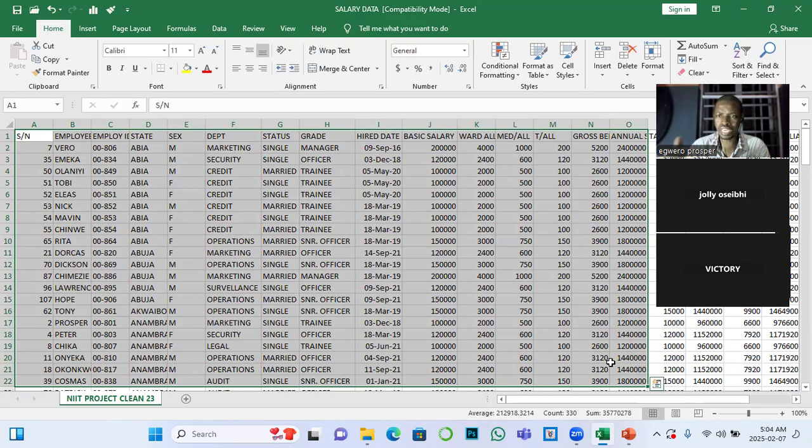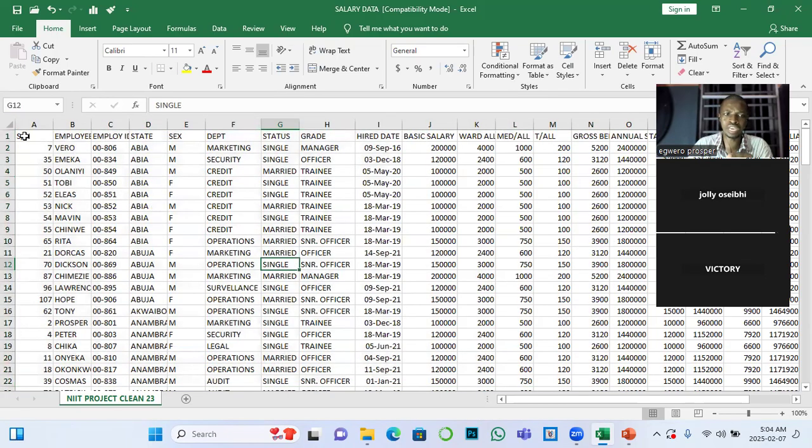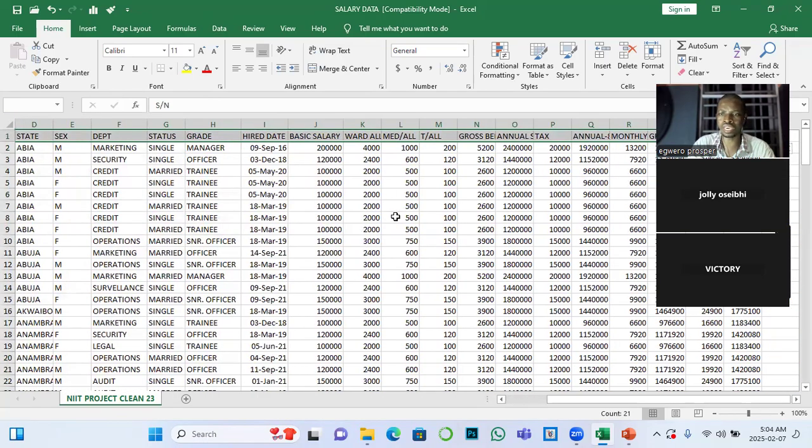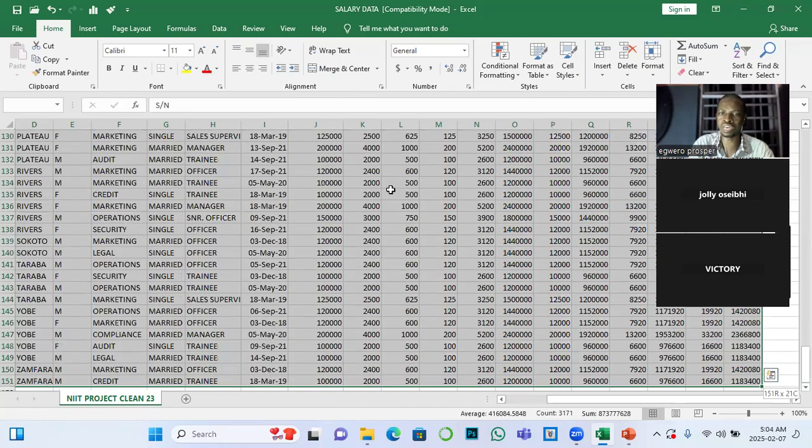So to avoid that, I will format the entire data as a table. To format the data as a table, all you need to do is select the first cell where you want to start your selection from. I told us before that you hold down the Control and Shift buttons on your keyboard, then hit the right arrow to highlight the entire data frame horizontally. While you are still holding down Control and Shift, hit the down arrow,